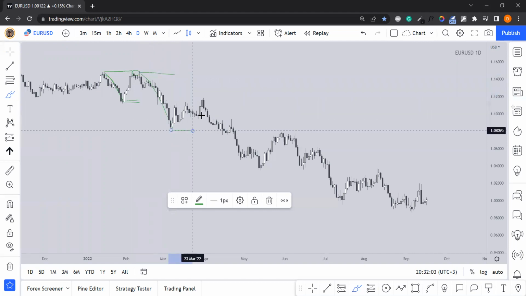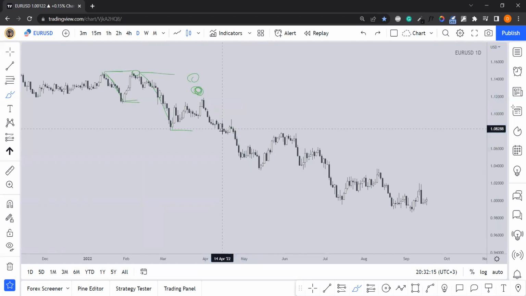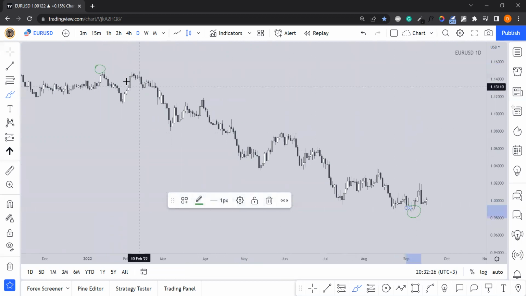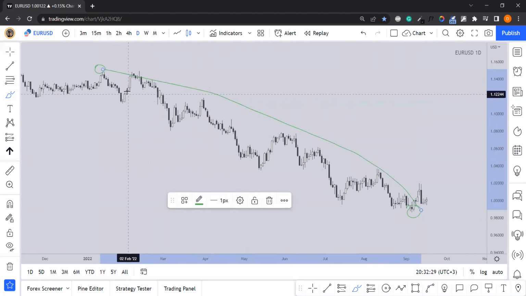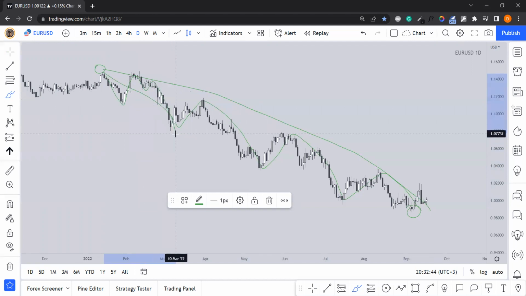Then again, when we have this range, we expect the price to hold somewhere inside of this price expansion, and then continue lower. And what we also discussed is that we can have different views and different markups of the structure. So we can say that this all is a huge move to the downside. Then we can say that inside this move there were some bigger moves like this, and then also inside these moves we can say that there were moves like this,